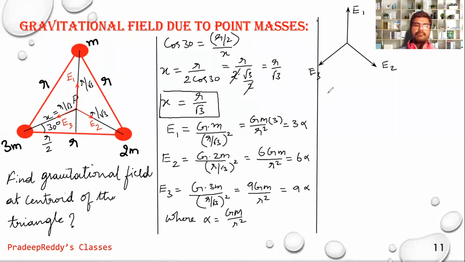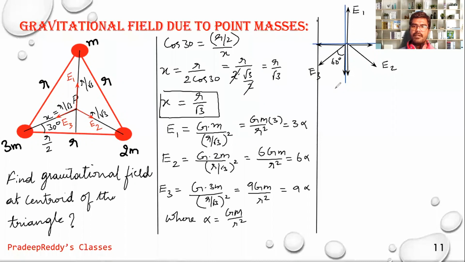What I do, I'll take this angle. I'll take this as x-axis, and I'll take this as y-axis. I'll resolve the vectors into components. I'll resolve these vectors into components. This bottom vectors, I'll resolve it into components. Obviously, this angle will be 60. One component in this direction, one component in this direction, one component in this direction, one component in this direction. Okay. Now, this is 60 degrees.